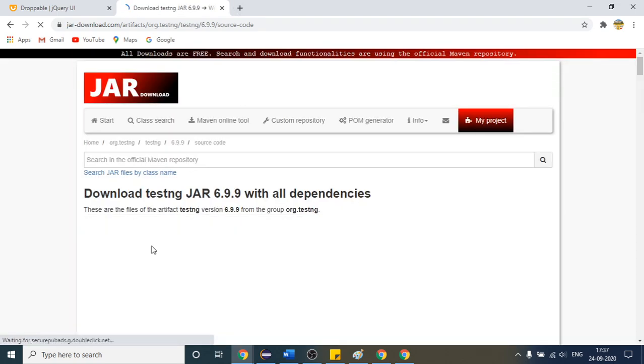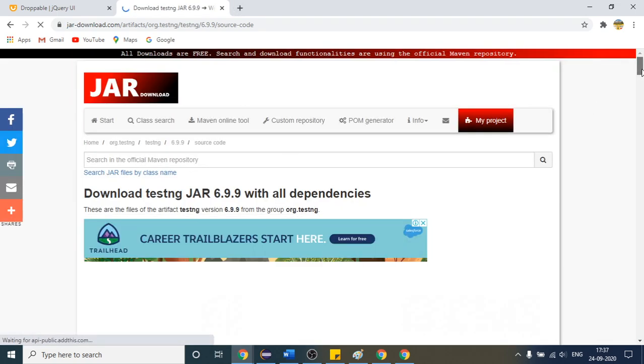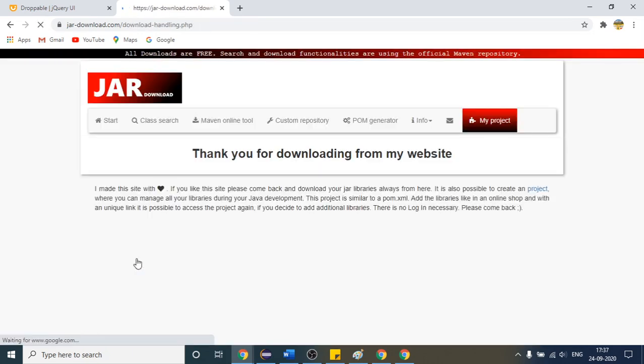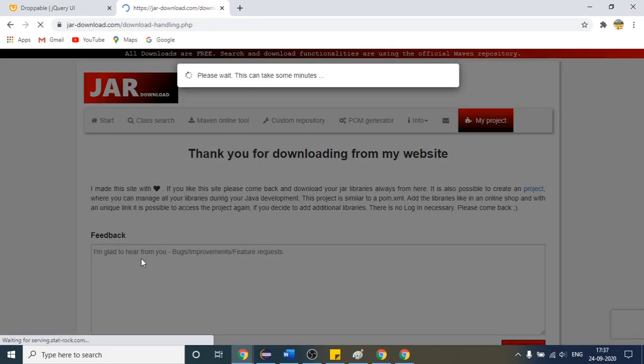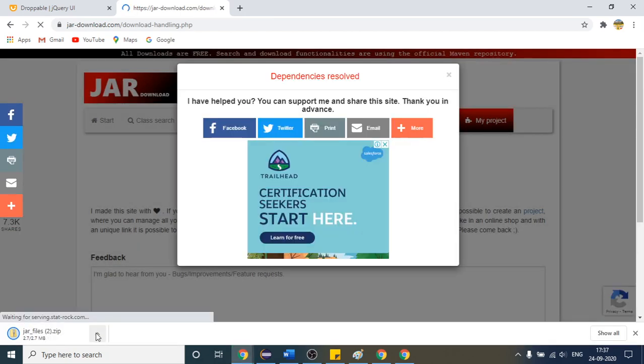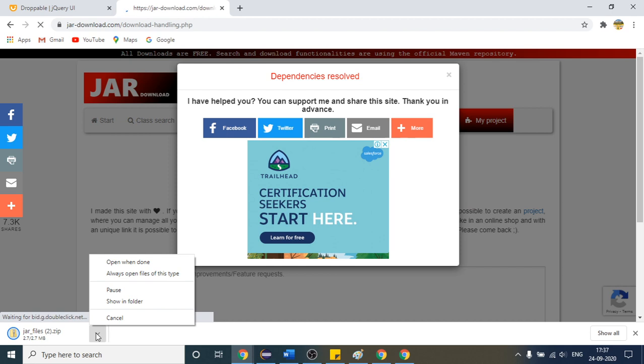So this is the website. TestNG is written here because the TestNG framework provides all these assertions, so we are downloading the TestNG framework jar. Just click here, and one file will be downloaded automatically. Let me wait for the download to finish.